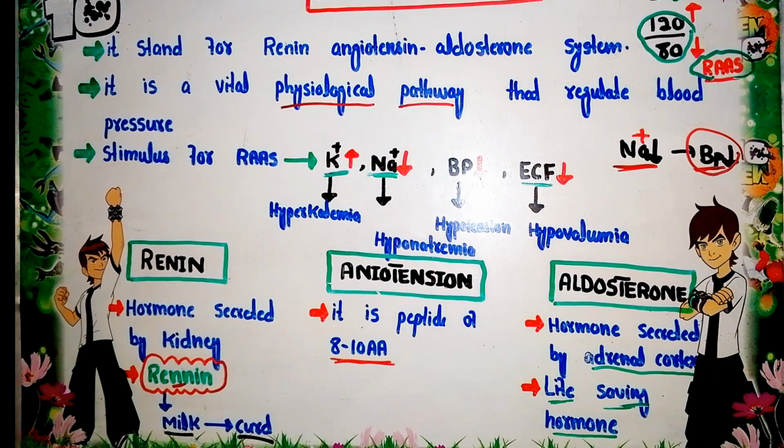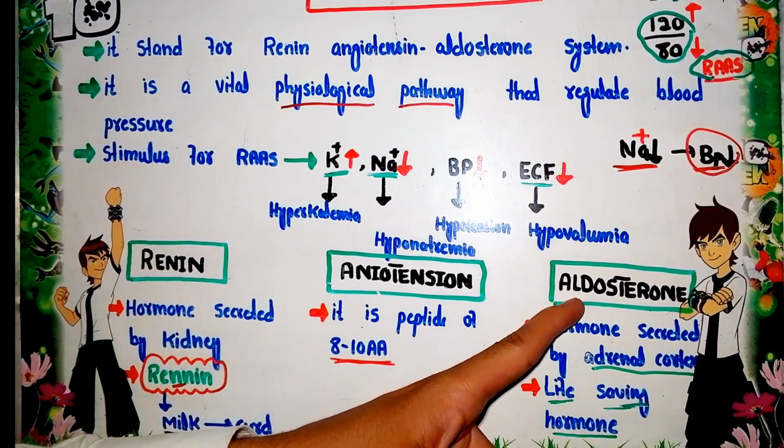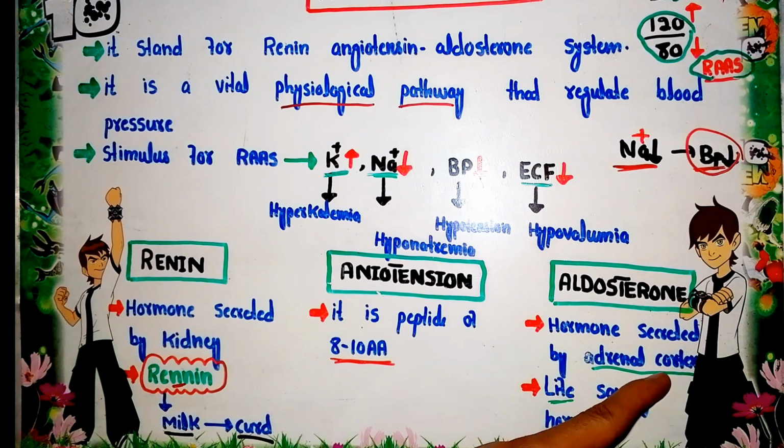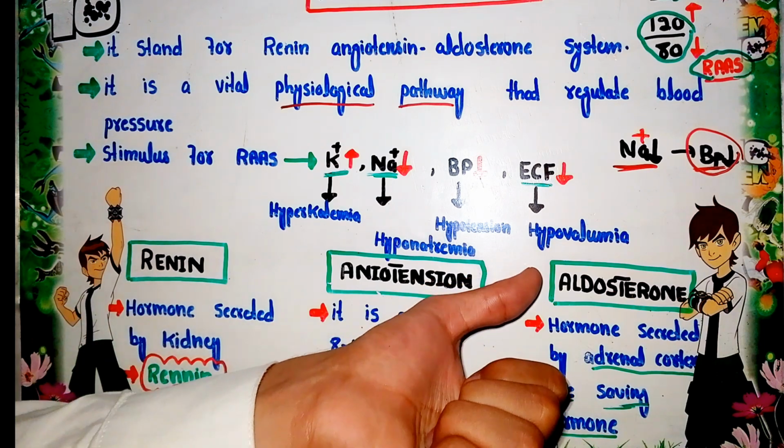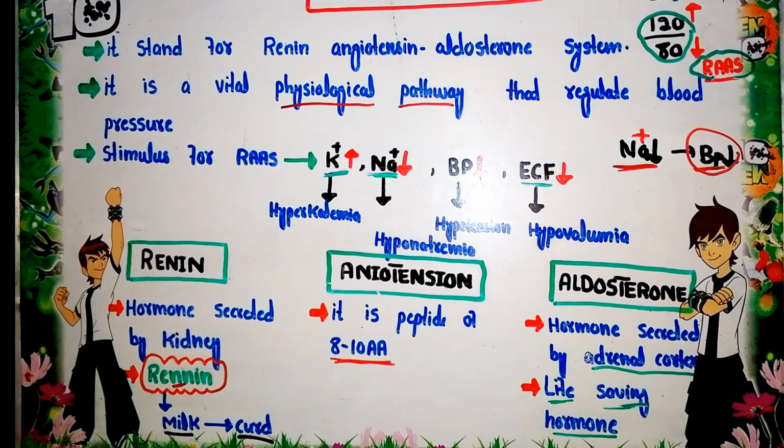Now the third term is aldosterone. This is basically a steroid hormone, and it is secreted from the adrenal cortex. Inside the adrenal cortex there are 3 layers. Which layer is responsible for the secretion of aldosterone, we will see in the diagram of the adrenal cortex. This hormone aldosterone is called a life-saving hormone, because with the absence of aldosterone,